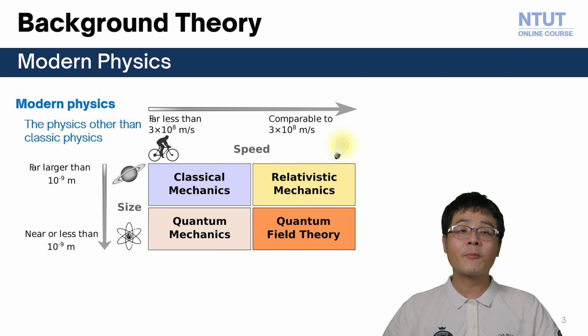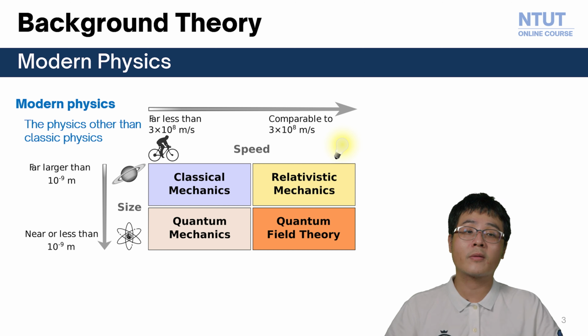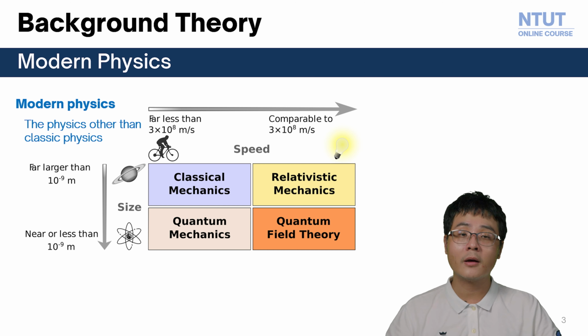For a high-speed system, which is close to light speed, we typically call it relativistic mechanics. And for a system with a very small size, near the nanometer scale, we call it quantum mechanics. And we still have a different region, which is known as quantum field theory, in order to describe a system with a very high speed, close to light speed, and a very small size, around the nanometer